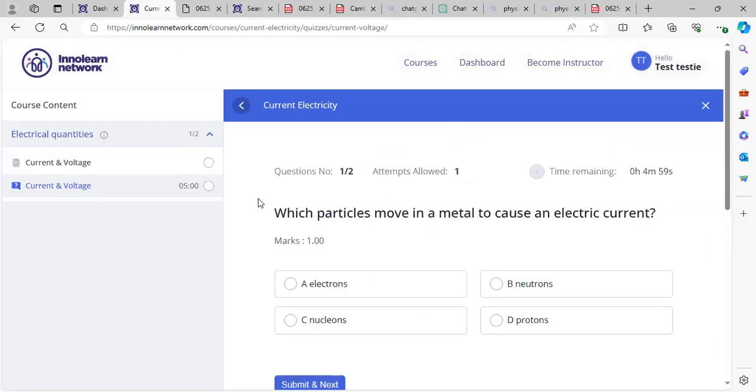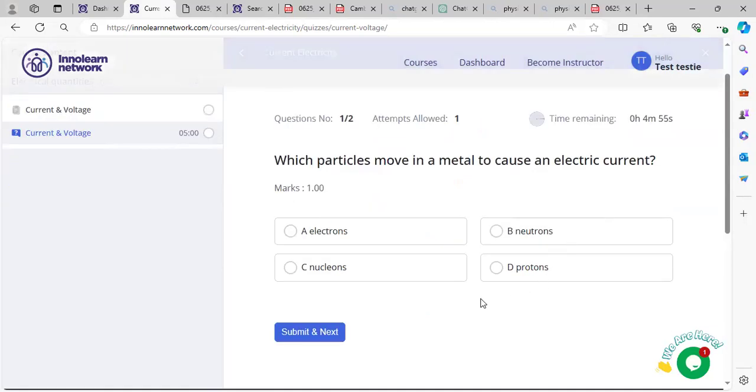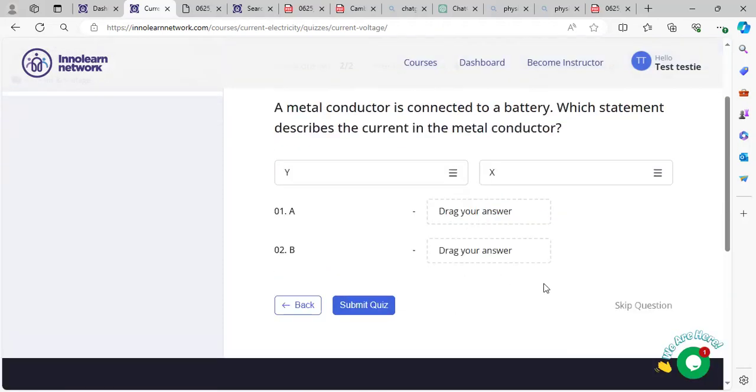So we just want to see how they look. So which particle moves in metal to conduct? So the answer is electron. So let's say we choose a wrong one. Then we see what happens. Then here,